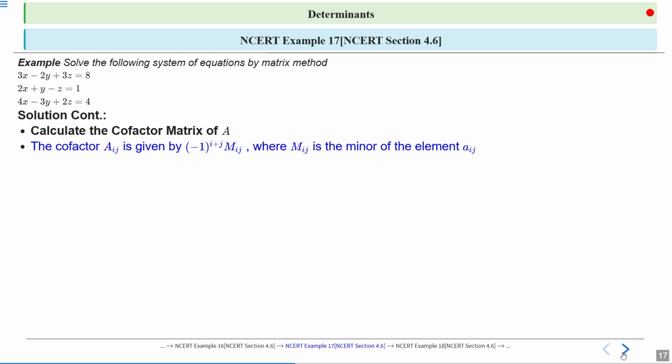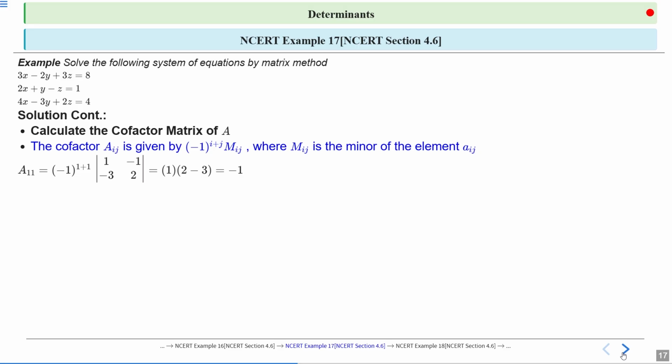The cofactor Aij is given by minus 1 to the power i plus j times Mij, where Mij is the minor of the element aij. So to calculate the cofactor matrix, we have to calculate the cofactor Aij for each element of the matrix, and that is given by minus 1 to the power i plus j into the minor of that element. Okay. So for the first element, the cofactor A11 is minus 1 to the power 1 plus 1, times the determinant of minor M11,